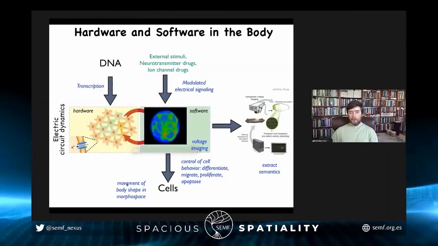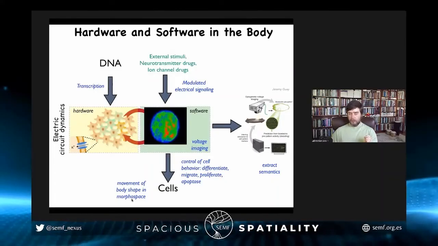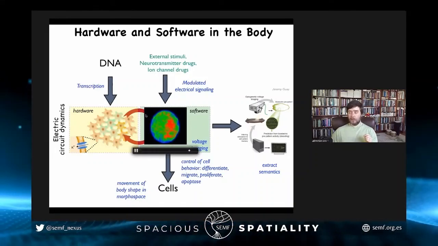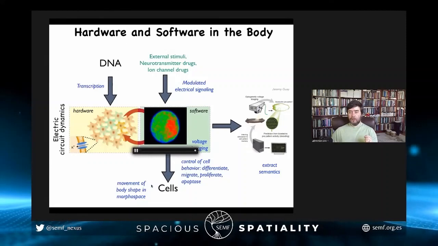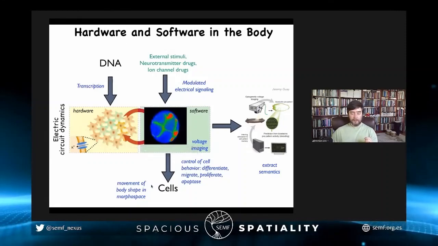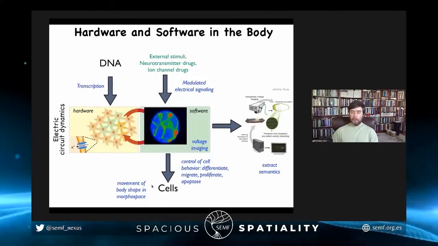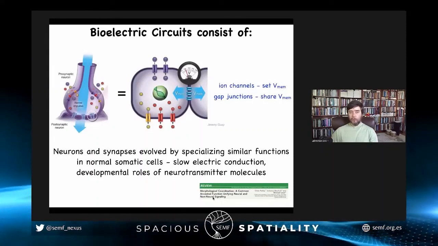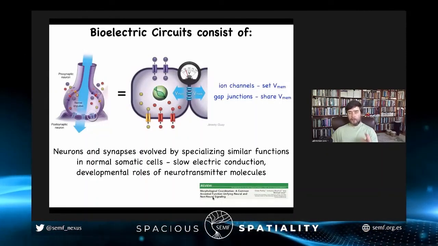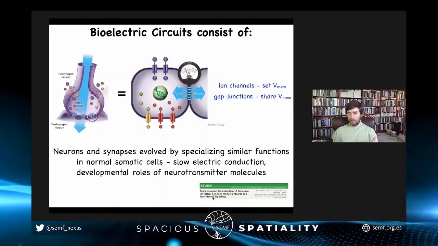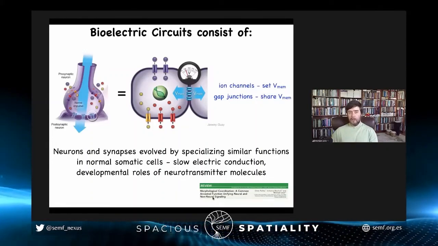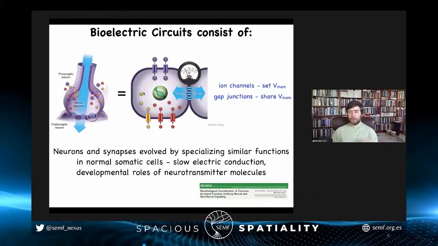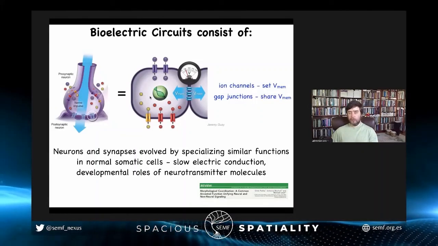For moving the body configuration in morphospace. Before there were nerves and muscles, cells needed to talk to each other and process information to get around in morphospace. And so we've argued in this paper that basically neural electricity is just an evolutionary pivot across spaces, from morphospace to three-dimensional space, of a very old system for processing information long before brains arose.